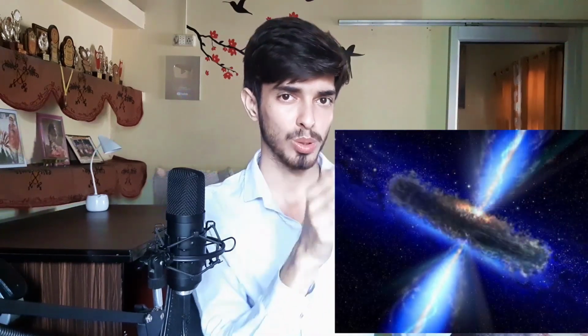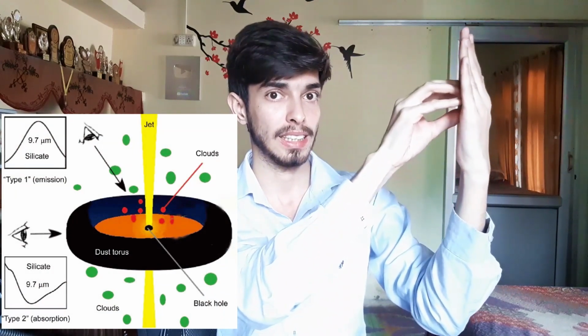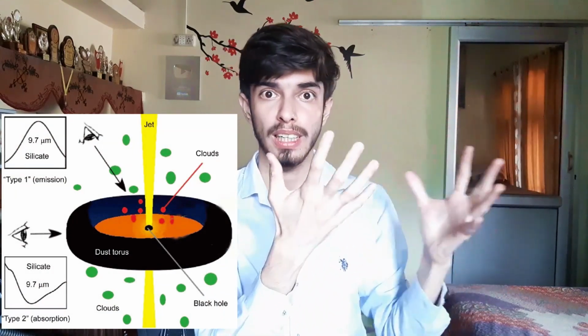Black holes are black holes, there should not be different spectrums. They are the same thing, so they should emit the same spectrum, right? So this was really confusing to astronomers. To answer this, astronomers came up with a theory. They said around a black hole, very close to it, there is a dense dusty torus type thing. Whenever the dusty torus is like this, and the black hole is in the center, we get a lot of light.